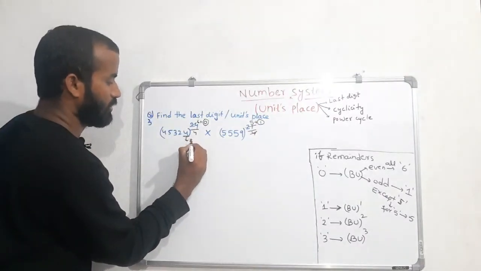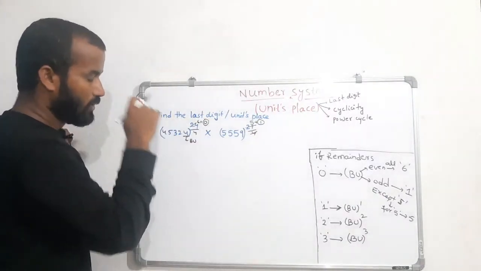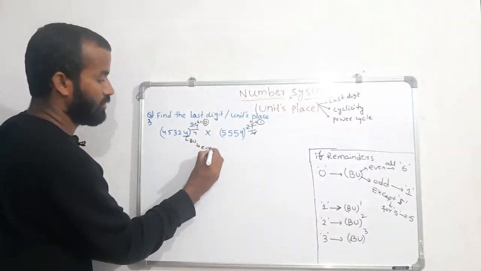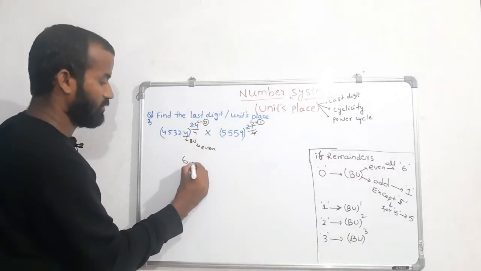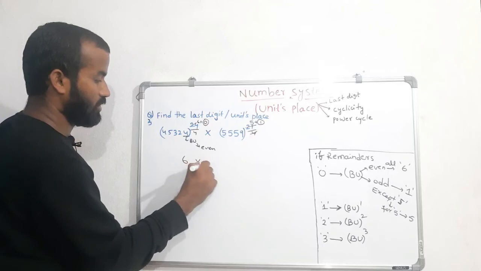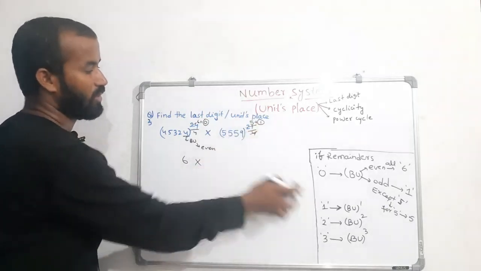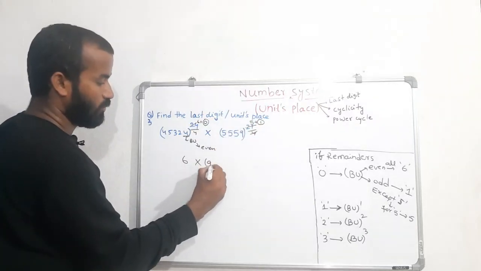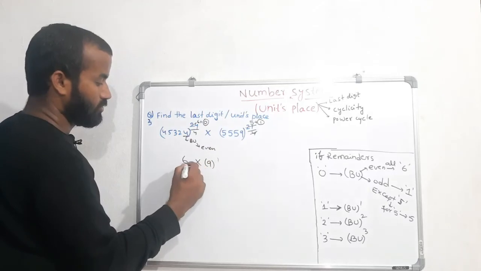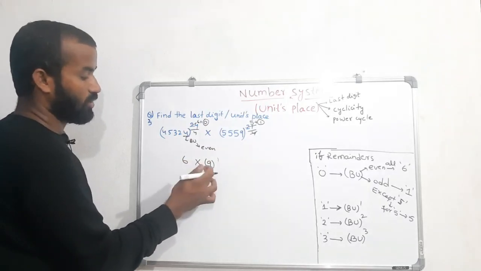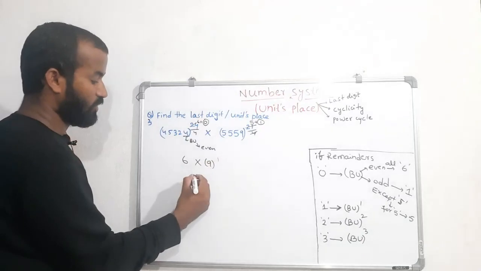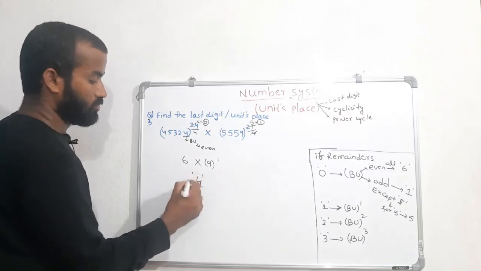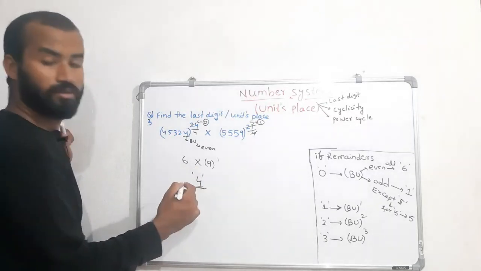This is the base unit. So we have to check whether it is even or odd. Base unit is even. So what is the answer? 6. Here it will be 6. Multiply. And we got remainder 1, and we go for the base unit. Base unit is 9. So we make 9 power 1, so 9. Now we have to multiply these two. 6 nines are 54. In 54, what is the units place? 4. So 4 will be the units place. This is the answer.